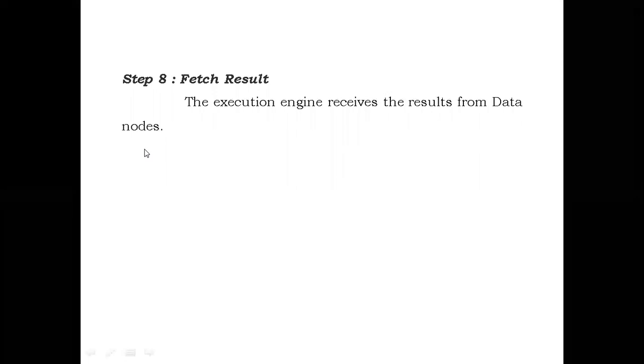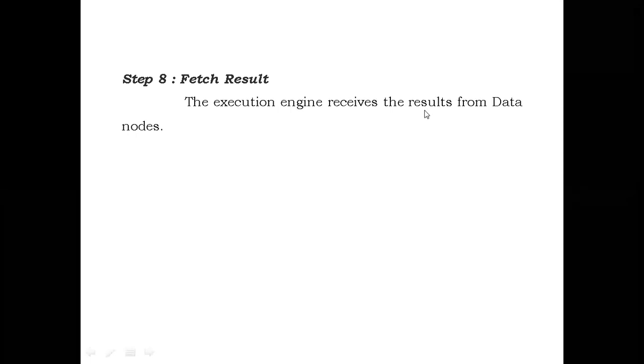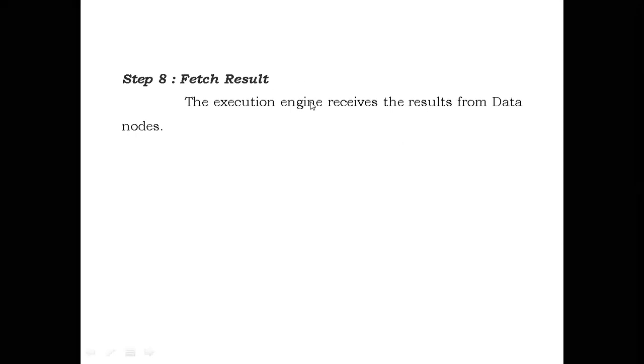Already we know HDFS is not a single machine, it is a cluster of machines. So the table location will be in some machine. Okay, finally the execution engine will get the final result from the data nodes, from that machine where the final temporary file is stored. From that one it will receive the results. Fetching the results, that step 8 will be done. Okay, after fetching the result, send the results.